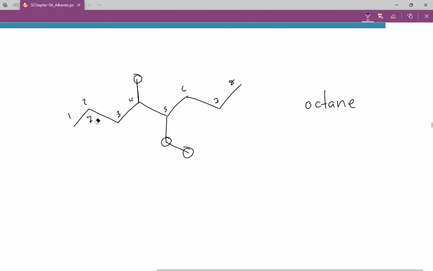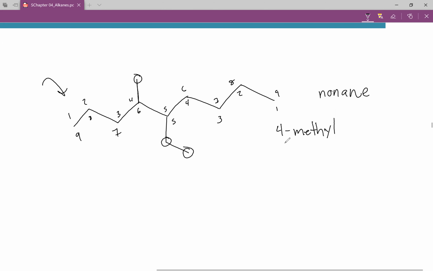So I'm going to instead make this octane into a nonane, which is 9 carbons, right there. And then if I number the other way, 1, 2, 3, 4, 5, 6, 7, 8, 9. This top version of numbering is going to be preferred because we put our substituents on 4 and 5 instead of 5 and 6. So that means that we have a 4-methyl